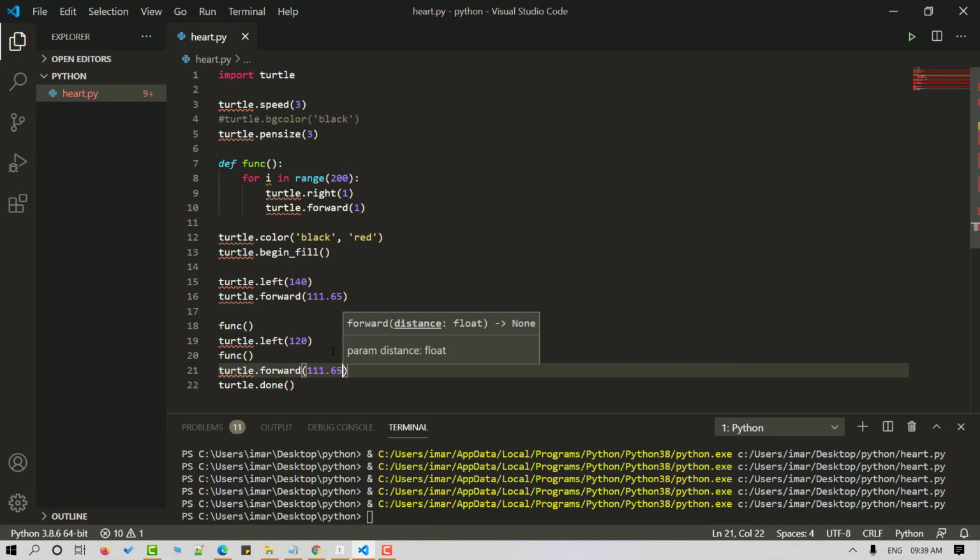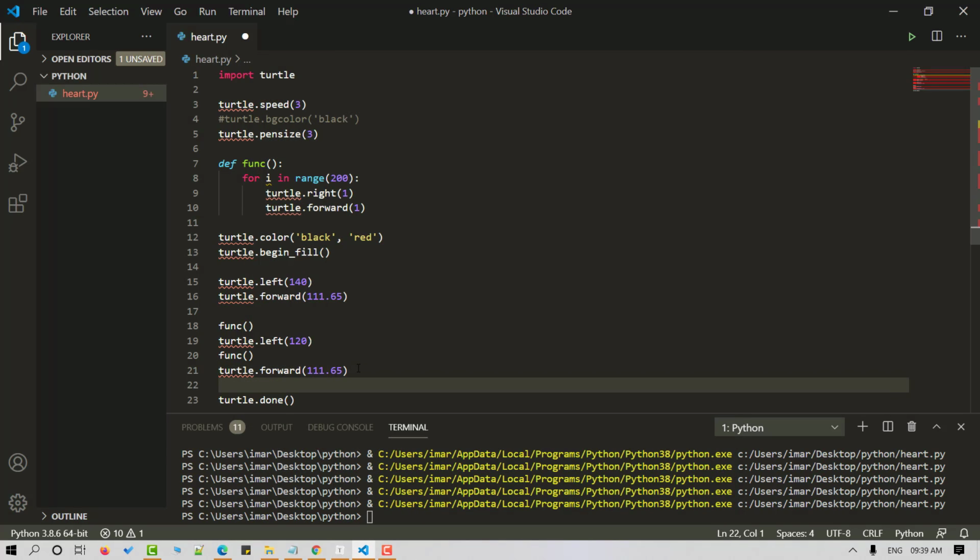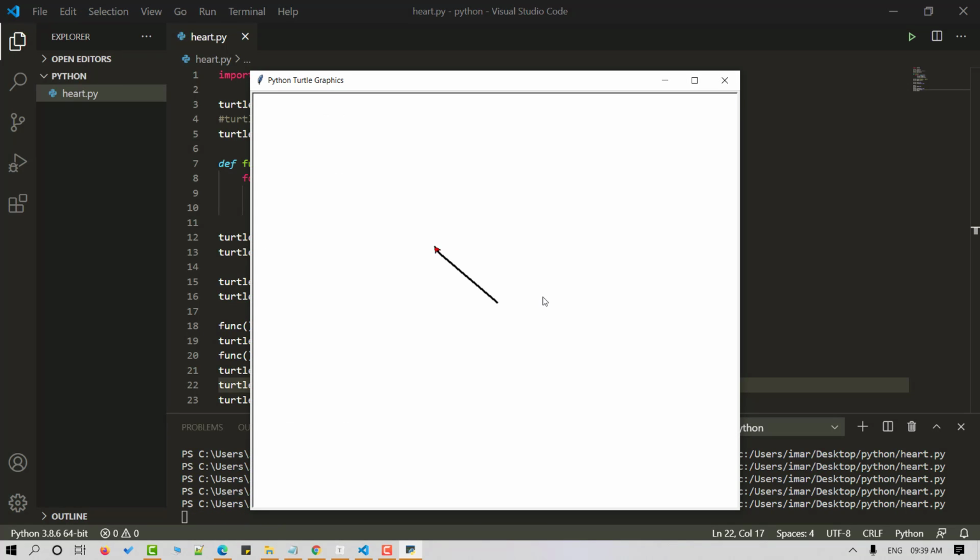Let's fill in some color. So for that we'll specify the end_fill method here. And here's our heart. If you closely observe, you can see the turtle head pointing at the starting point.